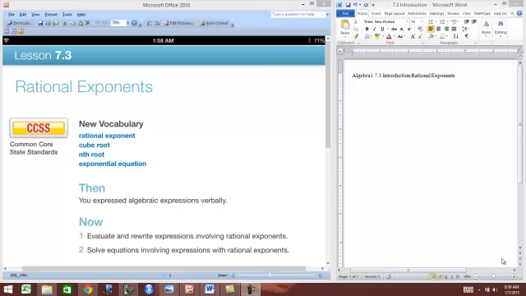7.3 Rational Exponents. This is something that you probably haven't seen before, so it's actually probably good I'm making a recording. I have to make a recording of this to give you some help with this stuff and something to refer back to in case you need to review some of the ideas here. So,